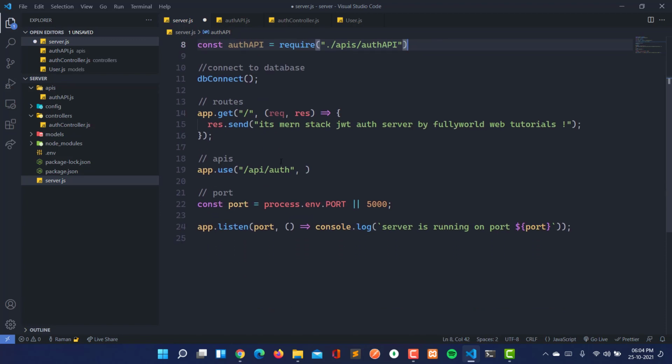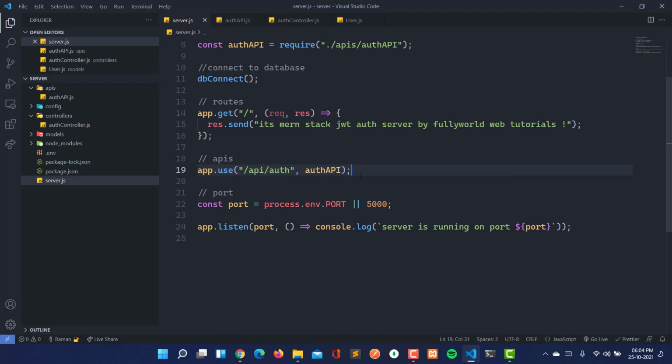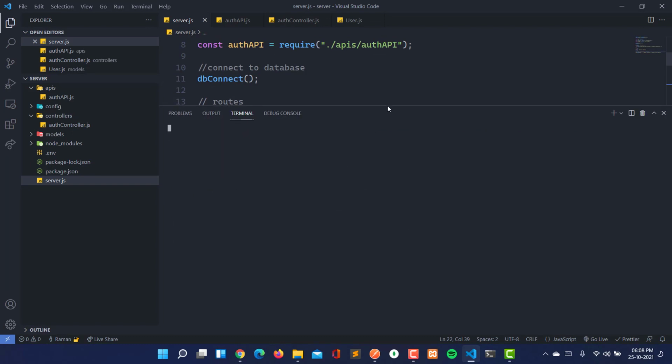So we have the auth API now, and we can use it. Just save this. Now let's go to Postman, so I am opening Postman. First of all, we have to run the server, so I'm going to the terminal, and here we have to run the server.